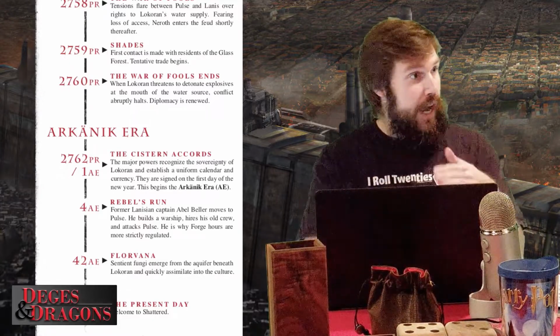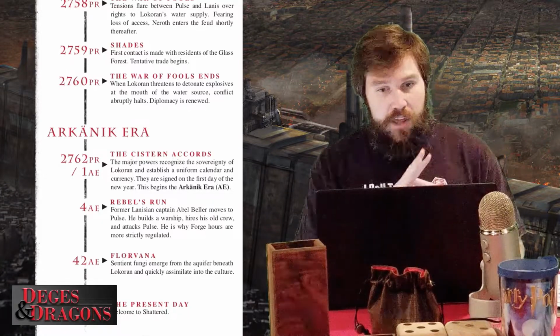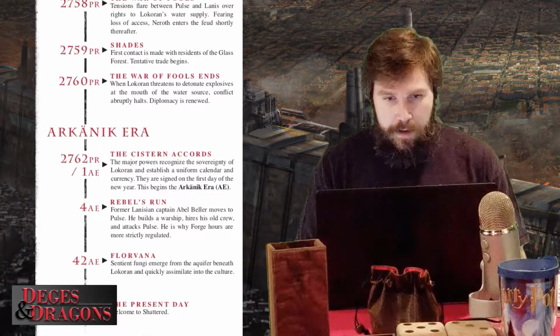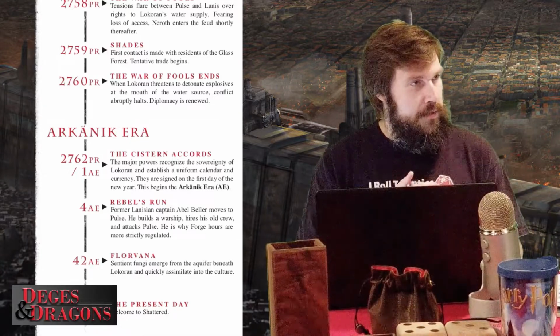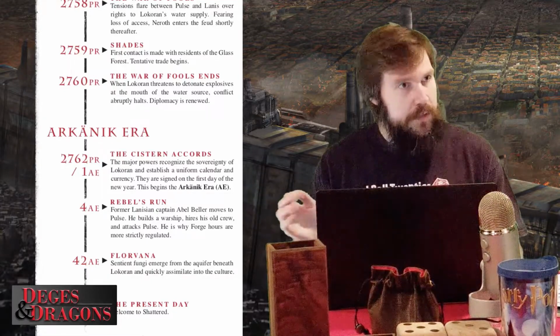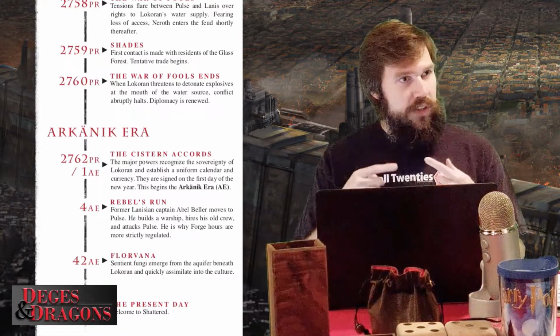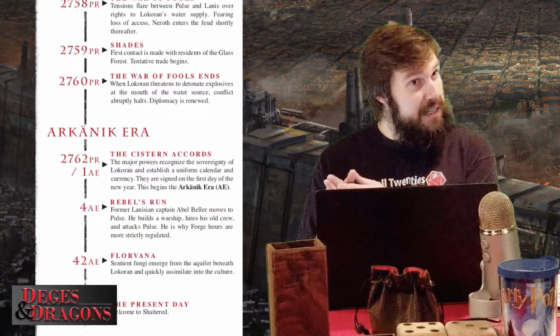A universal calendar across the entire world is created, which consists of 3 seasons. And a common currency called notes is put into place. So every major city, country, whatever, uses notes. They all use the same calendar. What that is divided up by is something called the Undead Tide,